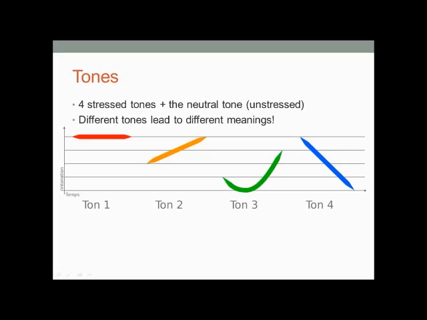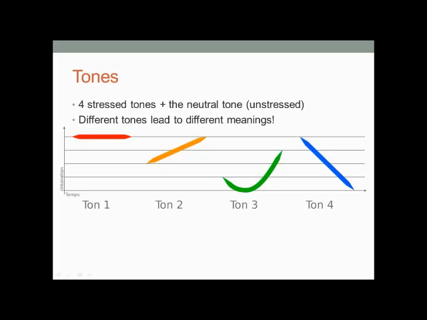As you can see here, there are 4 stressed tones in Chinese. Let's use the ma sound as an example. It's ma, the first tone, ma, the second tone, ma, the third one, and ma, the fourth tone. And also we have another one, an unstressed tone in Chinese. It's like ma. You just go through it like a whisper, really quickly and gently. If these tones sound similar to you, you're right, because you use them in English too, although